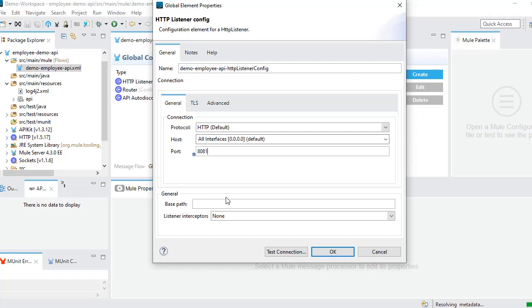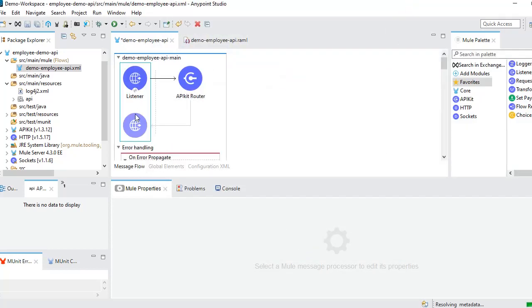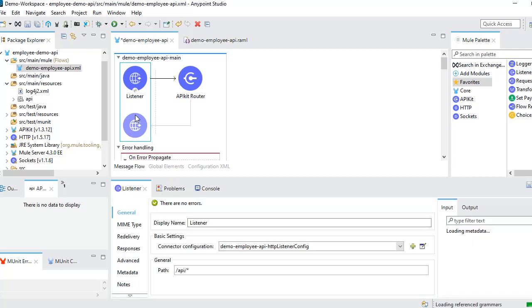In future, for different environments, you may want to change this port, or the base path. Or let's take the example of a database connector in our application. For development, prod, SIT, UAT, for all these environments, the database properties are different.